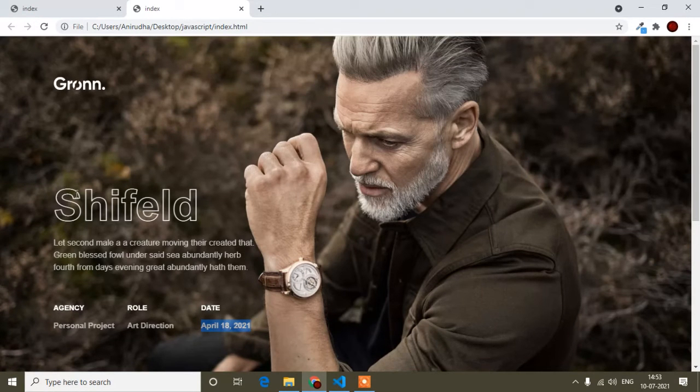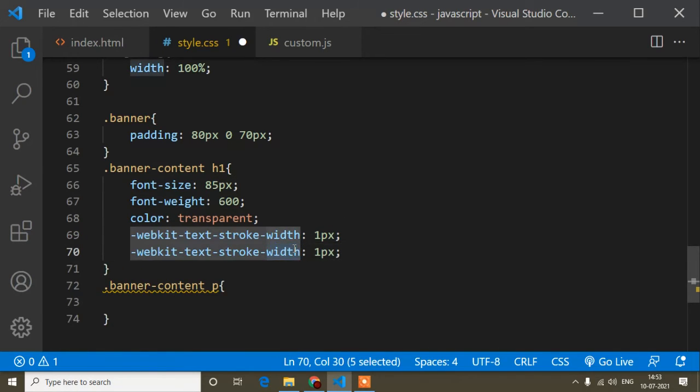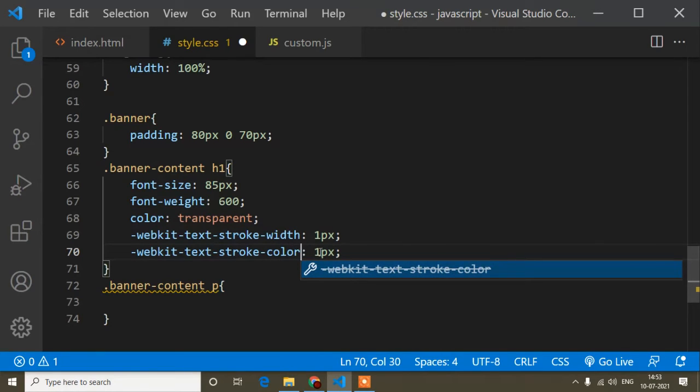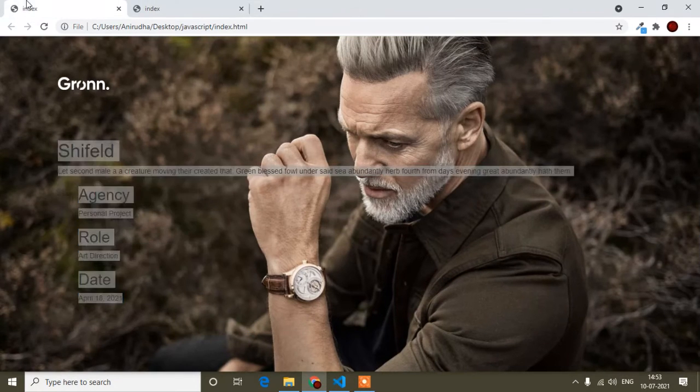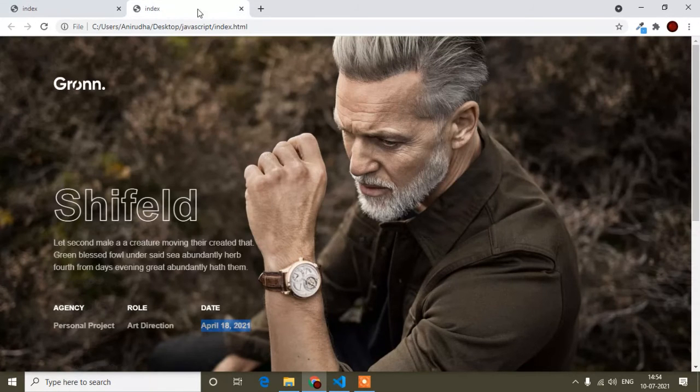Background color is transparent and there is the border, that's color is white, so that is this one, WebKit text stroke width. And now just I will copy this one, paste, and instead of width here I will write color, and instead of 1 pixel I will write the border color, that is white. So if I save and now I will add the design, you can see it's looking like this, like here.